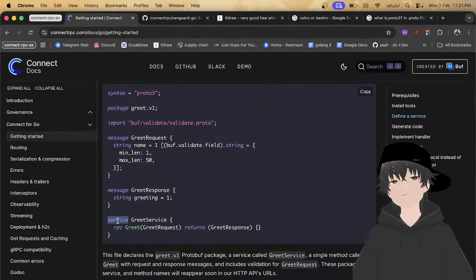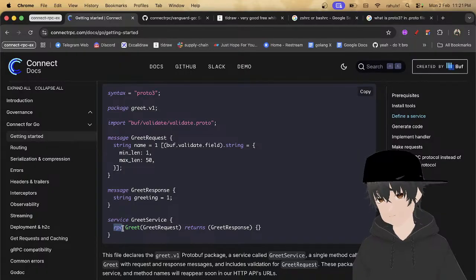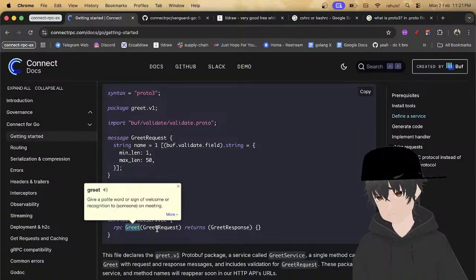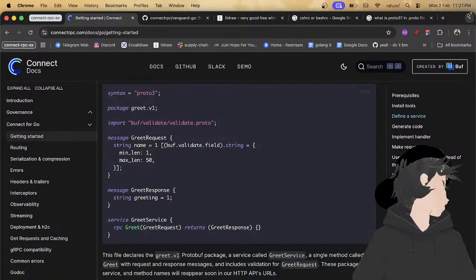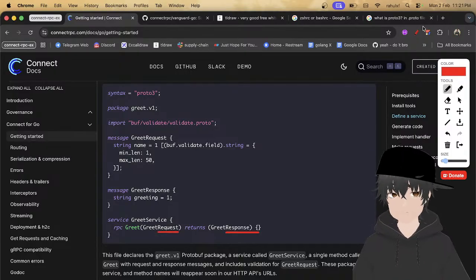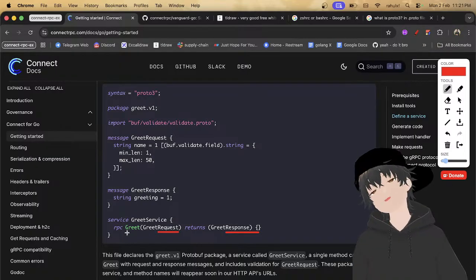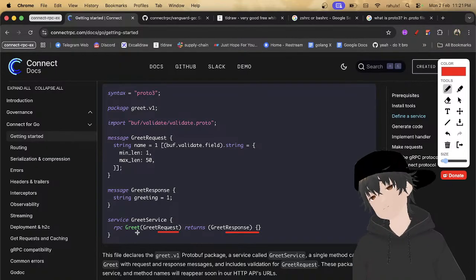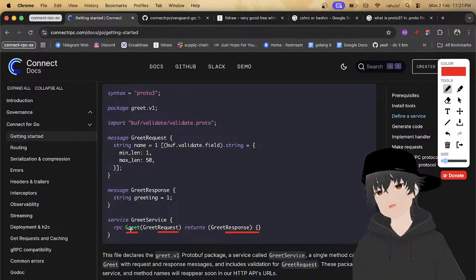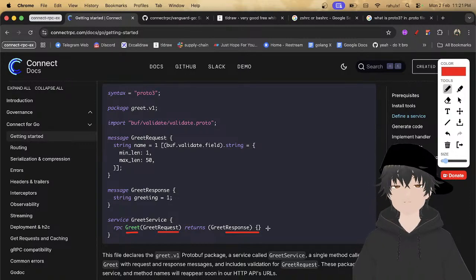We have a service, which is GreetService, with an rpc Greet. It takes a request and returns a response. So the service is Greet, the method is Greet, the input will be GreetRequest and the output will be GreetResponse.